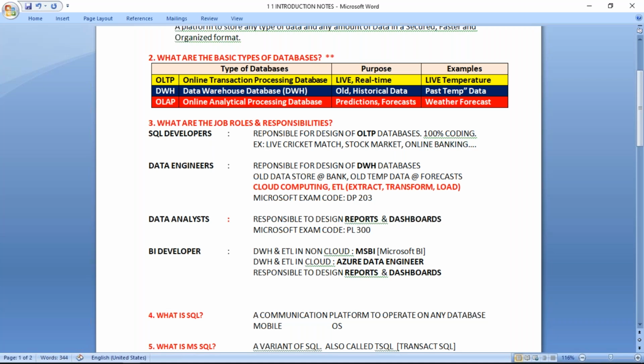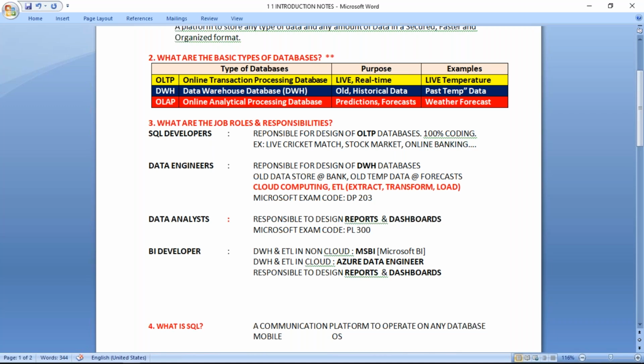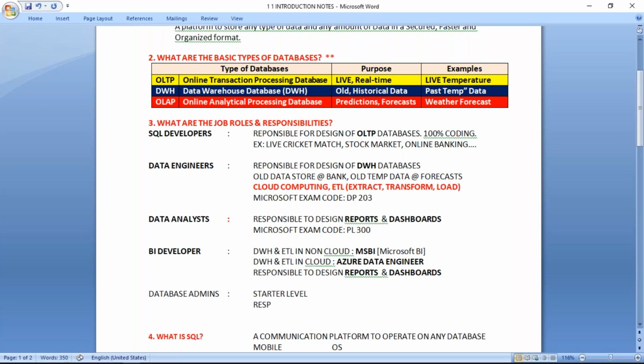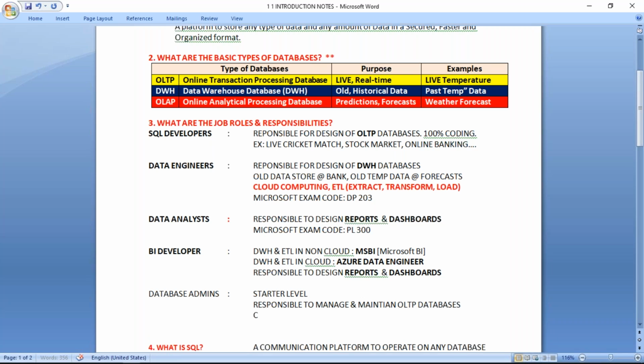Now comes the other one, SQL DBAs. There are two levels of database administration. Number one, the starter level, responsible to manage and maintain OLTP databases, cloud and non-cloud, both part of our DBA course.